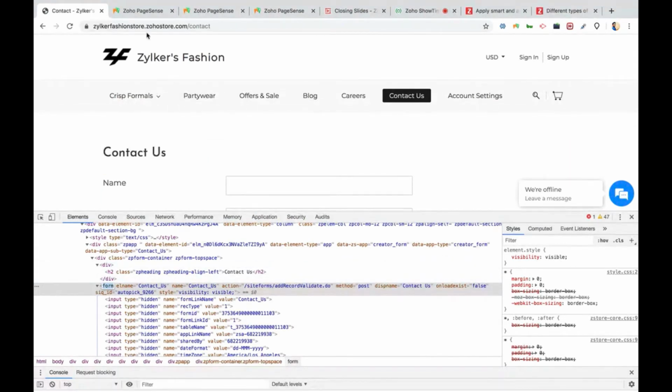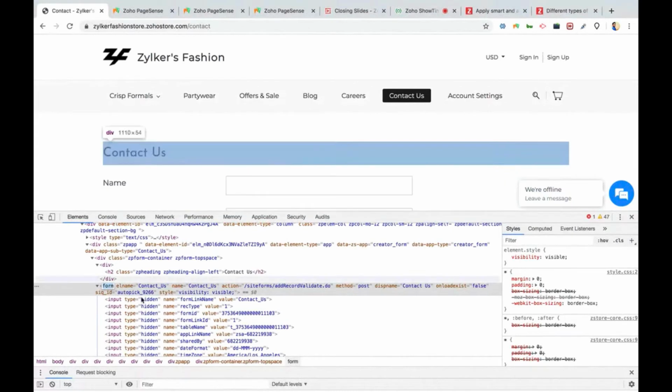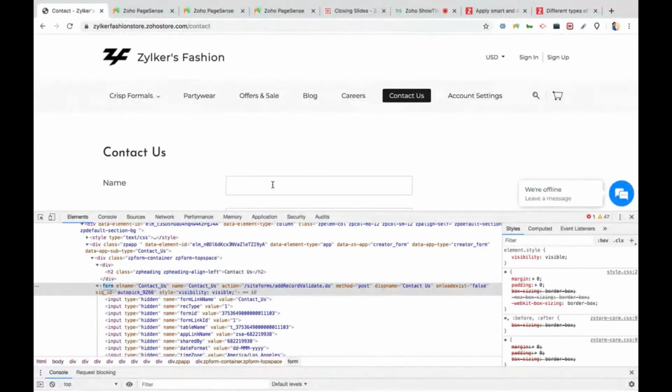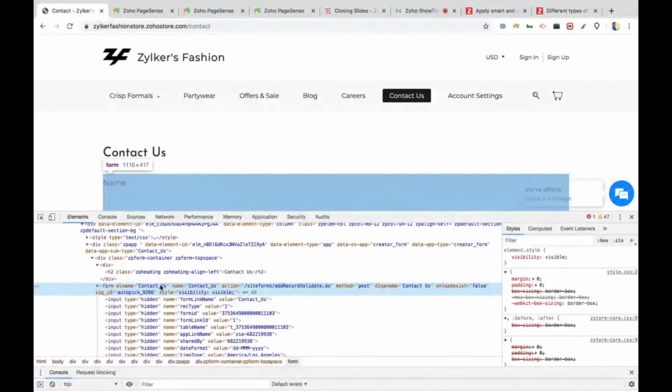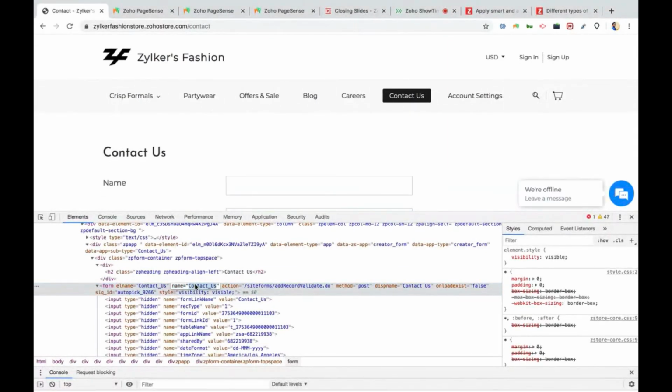For example, if you are using some third-party form builder, you may get an option to get just a URL for that form, and you will insert that URL in your website. In those scenarios, you'll have an iframe. In that case, you could get access to that iframe and put the code snippet, so that you'll be able to access the form. So I'm just going to get the form name from here.